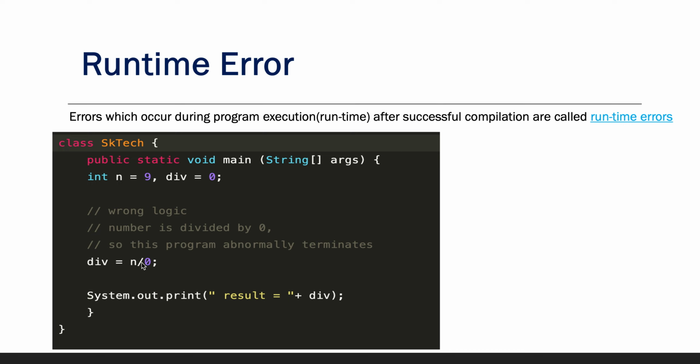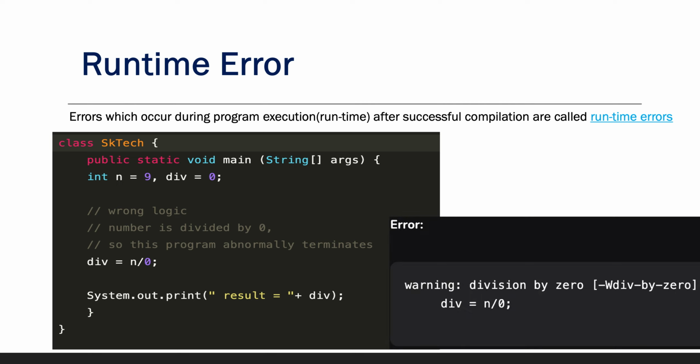So let's see this example. Here if you can see, we have statements like n equal to 9, division equal to 0, and we are doing some calculation. If we run this program, the compile time is proper because there is no error at compile time. Syntax wise everything looks good, but when you run this program, you will see this. It means 9 divided by 0, which is going to result in an arithmetic exception, and that can be detected only when you actually run the program. That's why this kind of error is called a runtime error.